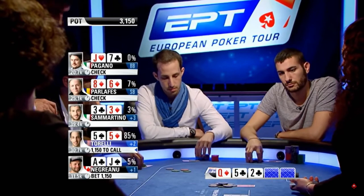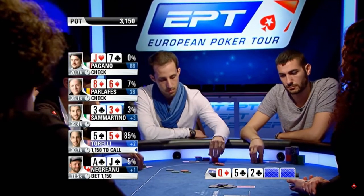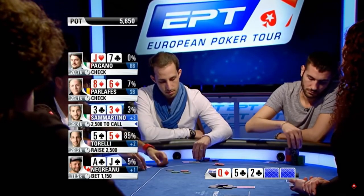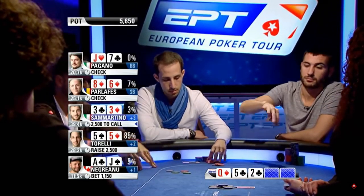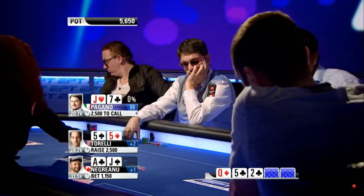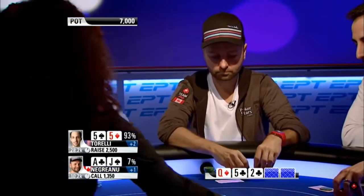How does Torelli play his set? I think part of Daniel's rationale is that he does have that backdoor nut flush draw, which means he can probably rep huge on the turn. Torelli raises 2,500 total. So Torelli will re-raise. Sammartino gives up. Usually three. You should be folding ace jack here. Luca folds as well. Daniel calls. Looks like Negreanu is just...